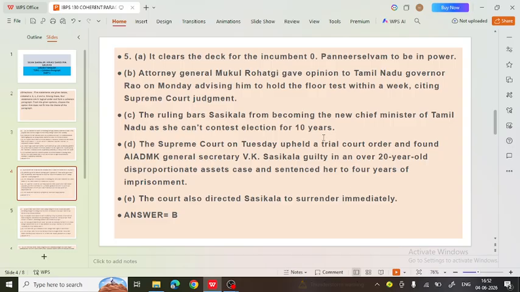So here, immediately in this C, D, E statement, you are able to see the reference of Sasikala. Now just think about statement A and B. In statement A, it is stated it clears the deck for incumbent, means a name is given, Panneerselvam, to be in power. So all these A, C, D, and E, all these statements are related